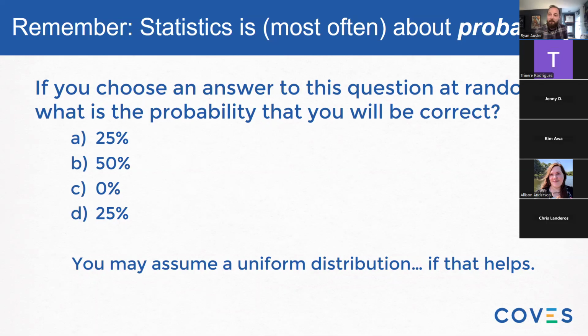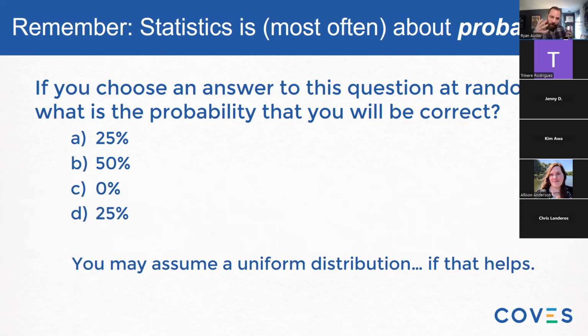I like to use this example because all of the stuff we're going to talk about today is about probabilities, right? What is the probability that our sample captured the true information from the audiences that we're looking to learn about? What is the probability that our tests are able to discern differences that we're looking for, or maybe that we're not looking for because we want groups to be the same for one or more reasons?